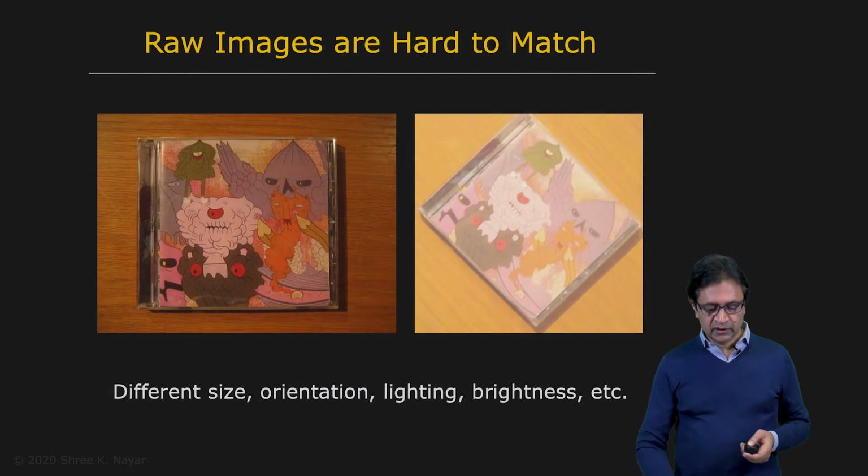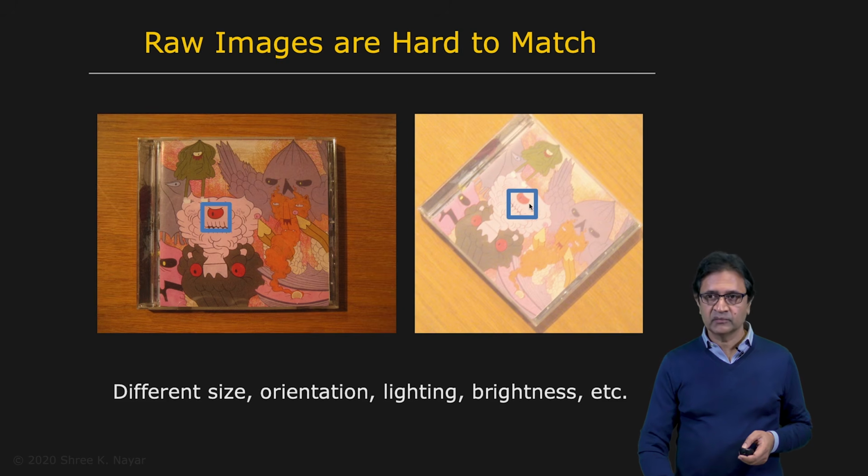Now let's take a look at what really is an interest point in an image. Let's take a look at this object right here and two images of it taken under different conditions. If you consider this patch right here, this local area, you see that there is a difference in size because the magnification used is different in these two cases. There's of course a difference in orientation, in lighting for sure, perhaps the distribution of light, but also the intensity of light, and so on.